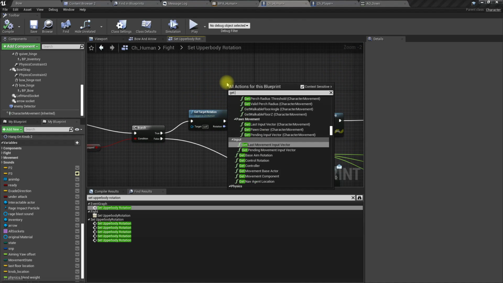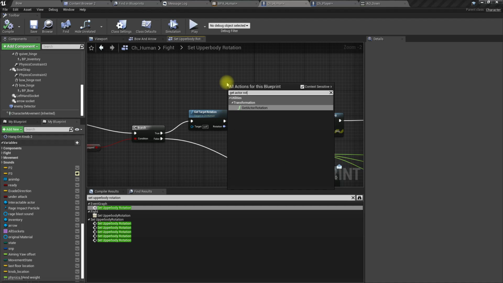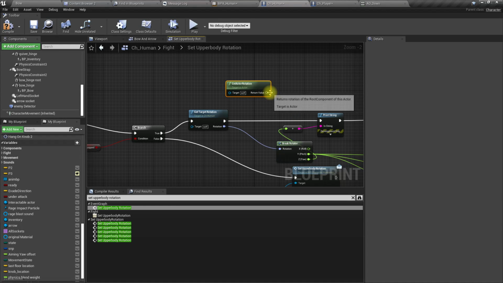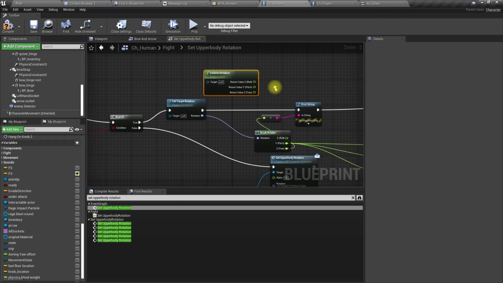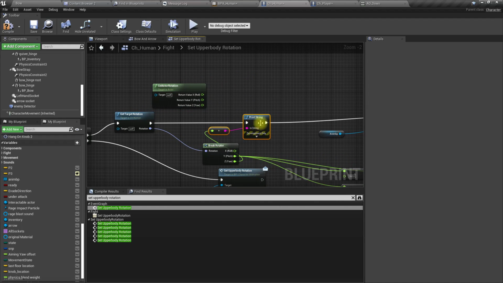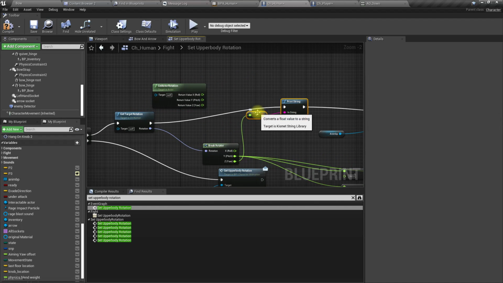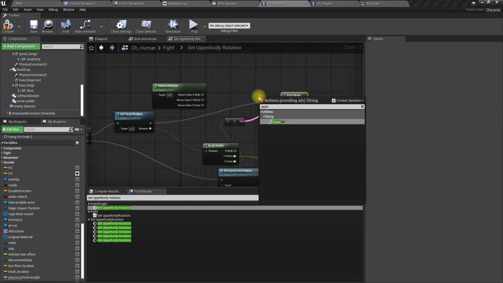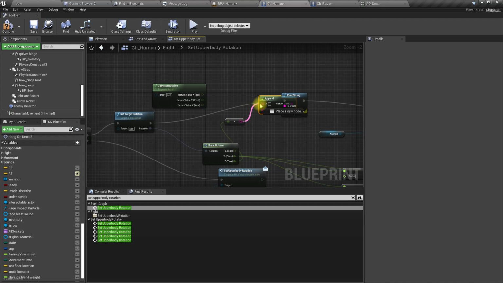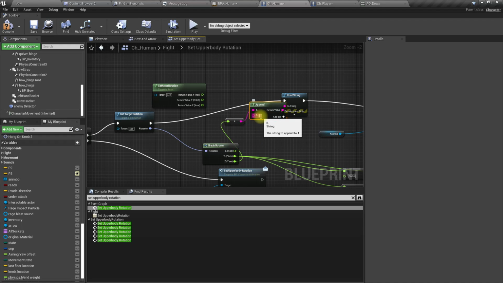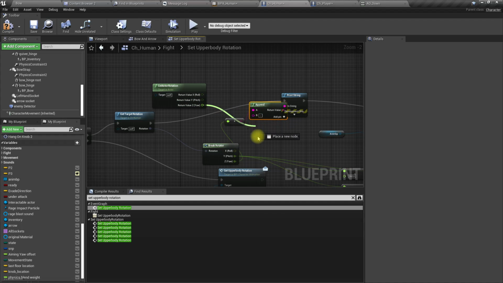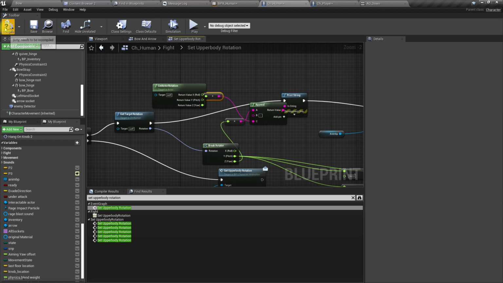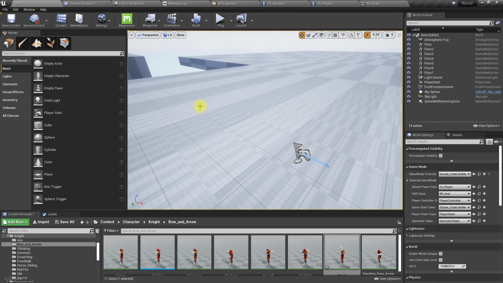So get actor rotation and a split. Let's do an append here. I'll first print the target rotation and then I'll print the character rotation.